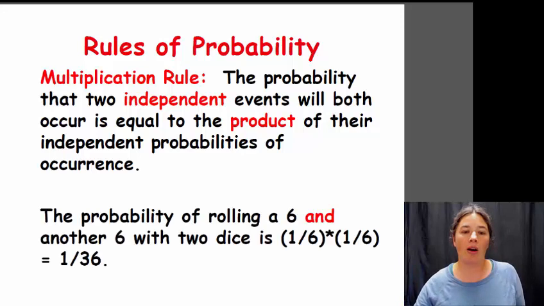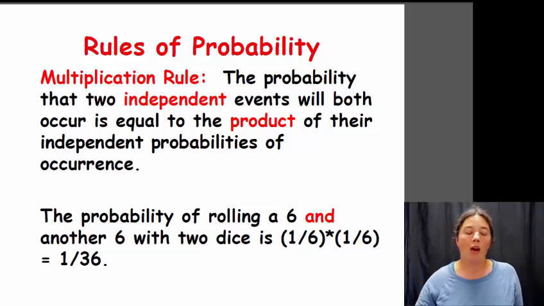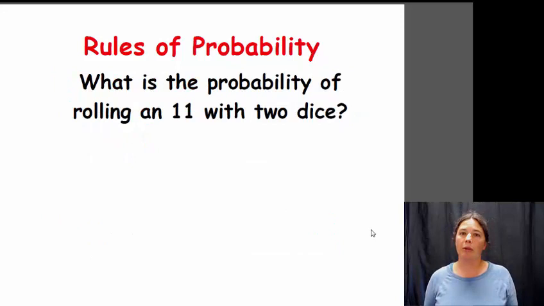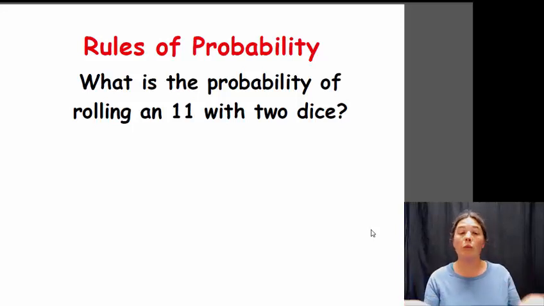So let's take a look at our dice again for an example. So what's the probability of rolling double sixes on dice? Well, the probability of rolling a 6 on one die is 1 out of 6. The probability of rolling a 6 on the other die is 1 out of 6. You multiply those together and you get 1 out of 36. So let's look at something that's a little bit more challenging. What's the probability of rolling an 11 with two dice? Now, how can you get an 11? And you're going, okay, yeah, you need a 5 and you need a 6, right? Okay, but you have two dice. What if you get a 5 on this one and a 6 on that one? That's one opportunity. But what if you get a 6 on this one? Can you still get 11? Yes, because you could get a 5 on this one. So there's two different ways to get an 11